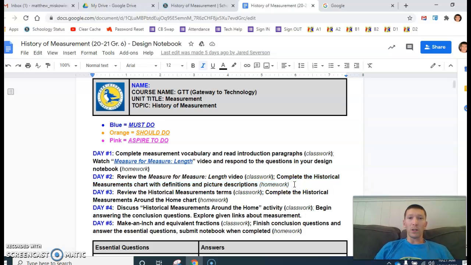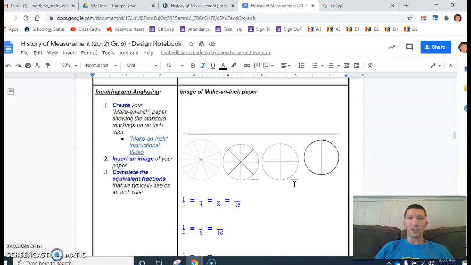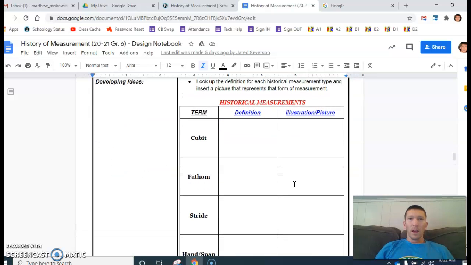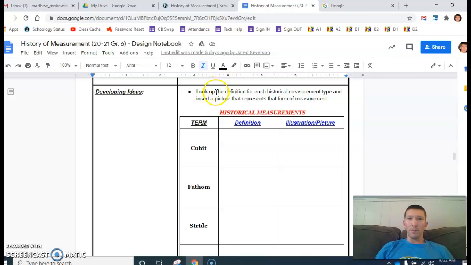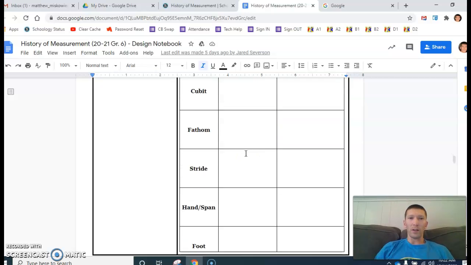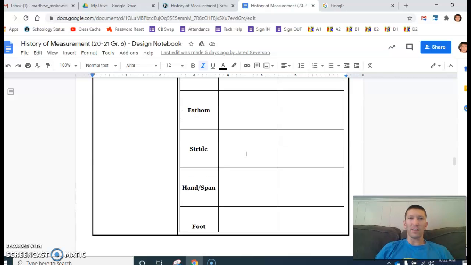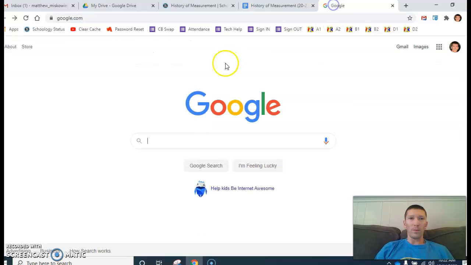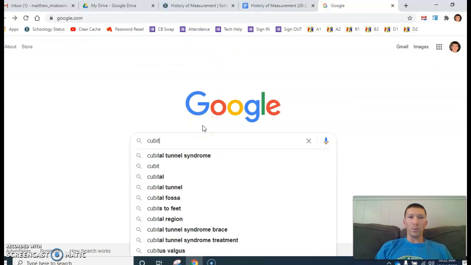So we're going to scroll down until we get to the developing ideas chart, and it's right here. For this activity, it says, look up the definition for each historical measurement type and insert a picture that represents that form of measurement. So I'll do one example together, and then you have 7 of these terms that you have to do on your own. So for cubit, I'm going to go to Google, and I could just type in cubit